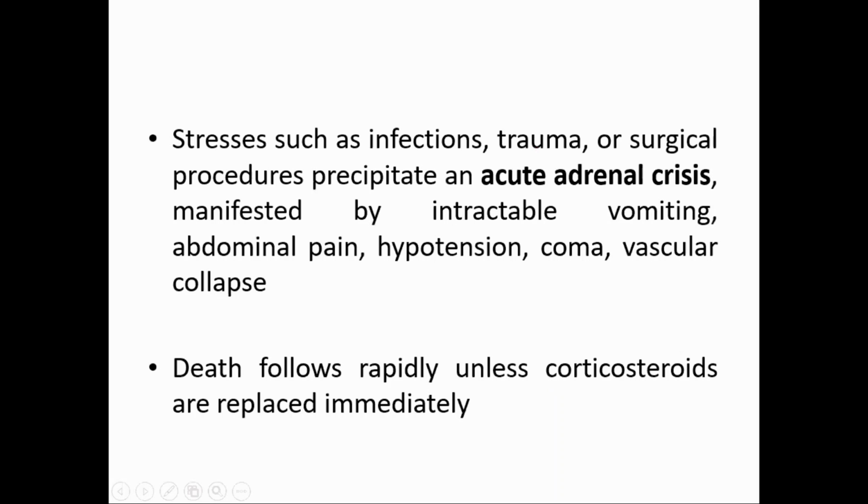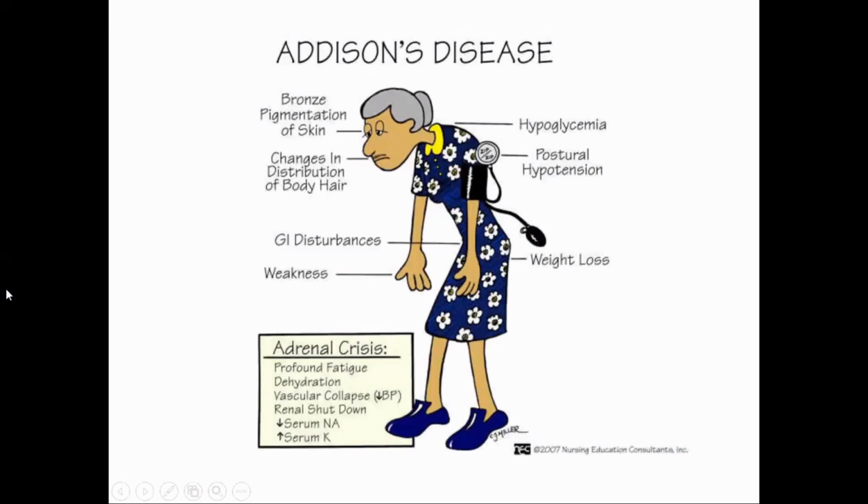Even any of this stressful condition may lead to adrenal crisis, okay. जस्तै इन्फेक्सन भयो, ट्रमा भयो, सर्जरी भयो भने यसले पनि यो एड्रिनल क्राइसिसलाई चाहिँ प्रिसिपिटेट गर्छ। अनि त्यसपछि पेशेन्ट विल ह्याभ भमिटिङ, कोमा, हाइपोटेन्सन, इभन कोल्याप्स हुन सक्छ र डेथ पनि हुन सक्छ हार्मोनल डिप्लिसनले गर्दाखेरि है। Like this skin pigmentation, hypoglycemia, hypotension, weight loss, GI disturbances, renal shutdown, अनि यसमा चाहिँ के हुन्छ त भन्दाखेरि हार्मोनल डिफिसिएन्ट भएपछि सोडियम र वाटर लस, पोटासियम बडीमा रिटेन हुन्छ।